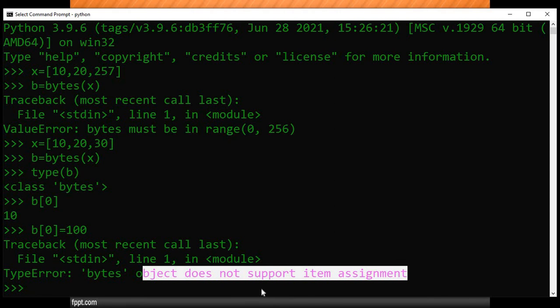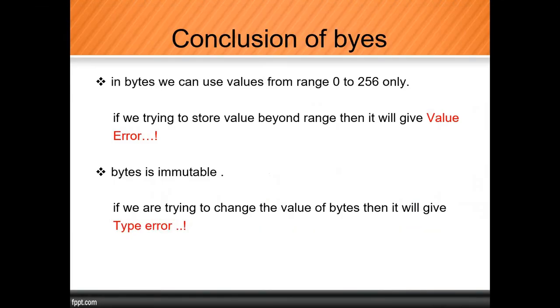That's why we cannot change the value, and all the information is stored in the C. In bytes we can use values from the range 0 to 256 only, and if we try to store a value beyond the range, then it will give us a value error. I have given the PPT also.